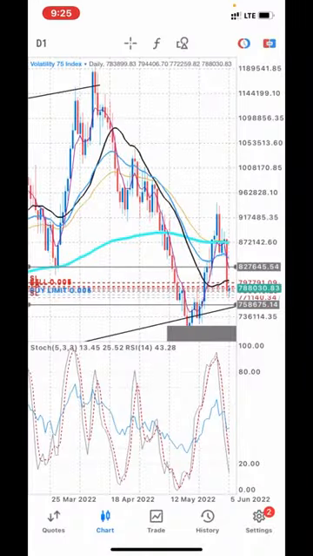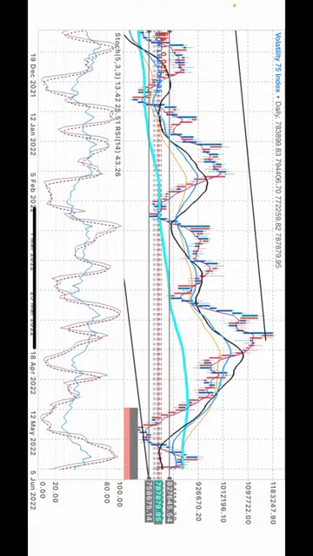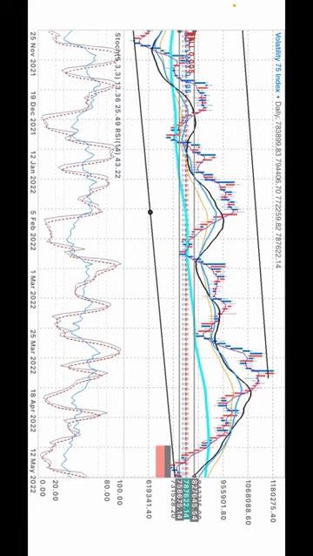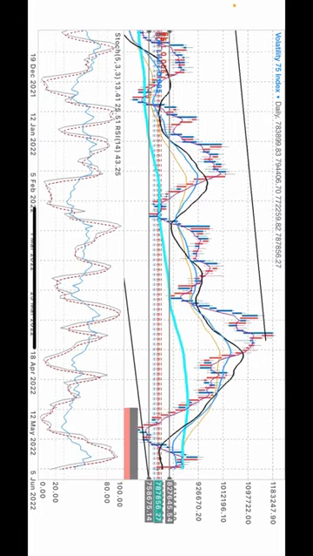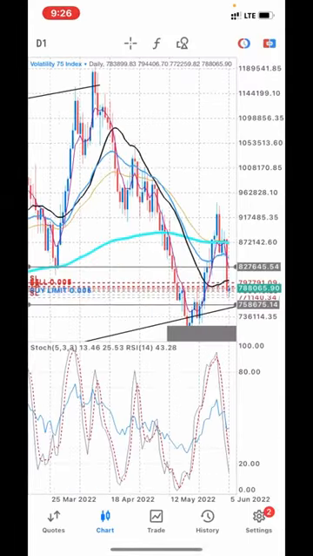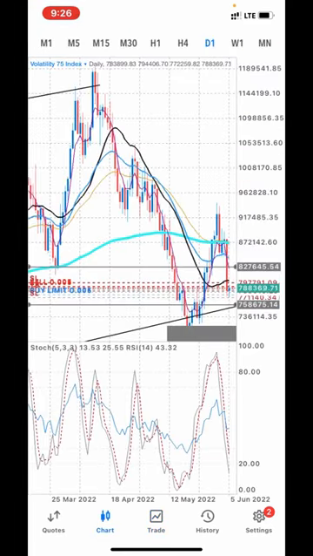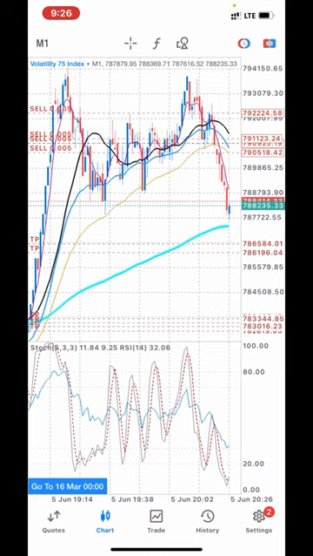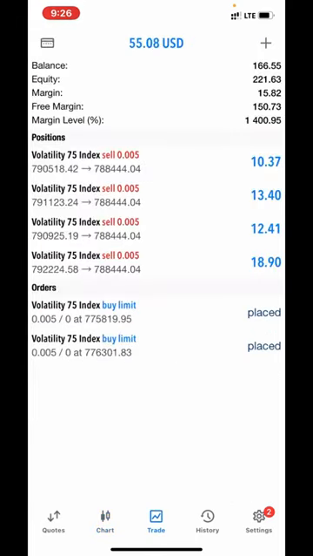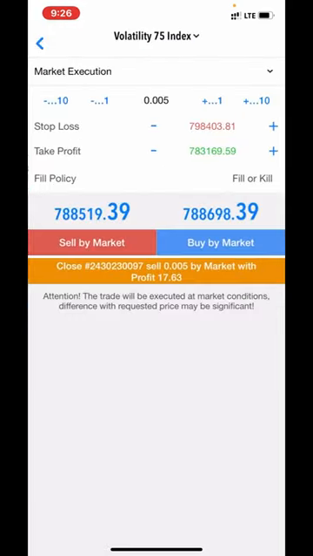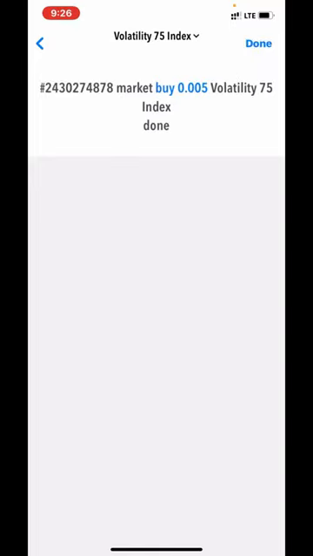I have done my analysis and all that, and as you can see, that is where I actually got the entry points where I've been trading so far, and everything has been going perfectly well, as you guys can see for yourself. Volatility index is so sweet. Honestly speaking, it's so sweet. I think I should start closing all these trades right now in profit,